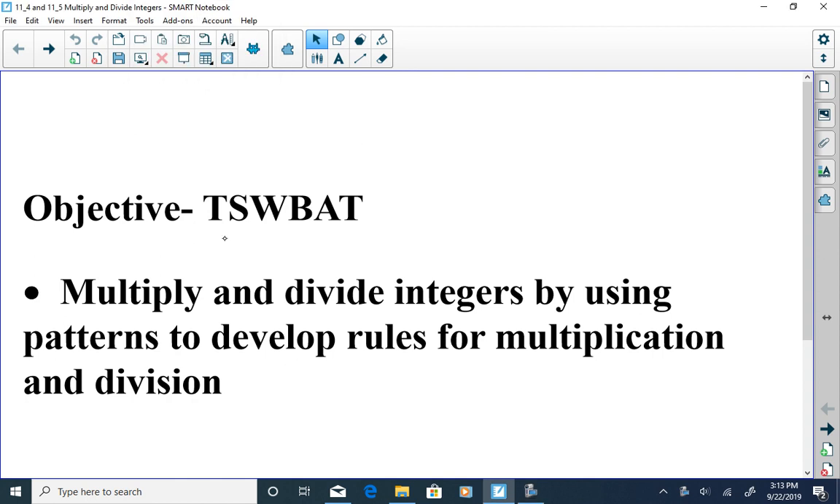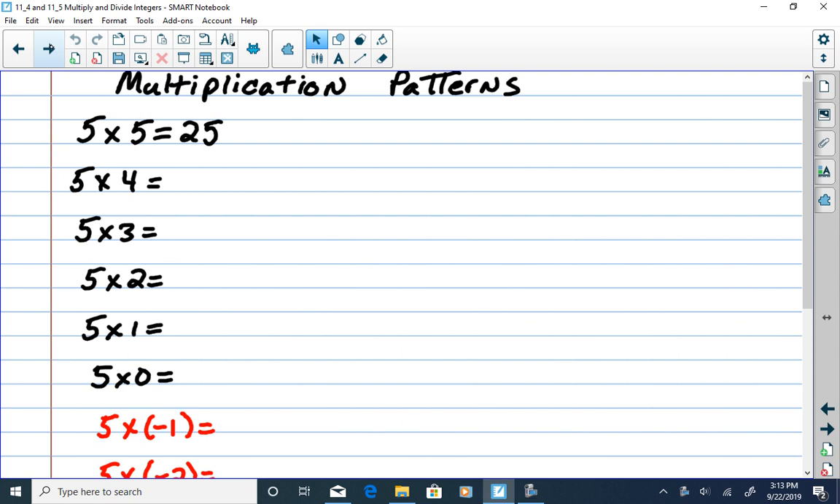Today our objective is to be able to multiply and divide integers by using patterns to develop rules for multiplication and division. Alright, so we're going to start with some multiplication values that we should already be familiar with. Alright, and we're going to take a look at the patterns of the